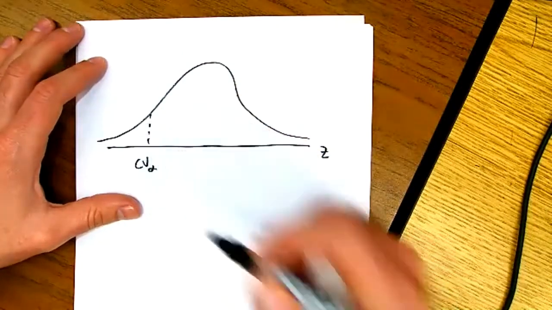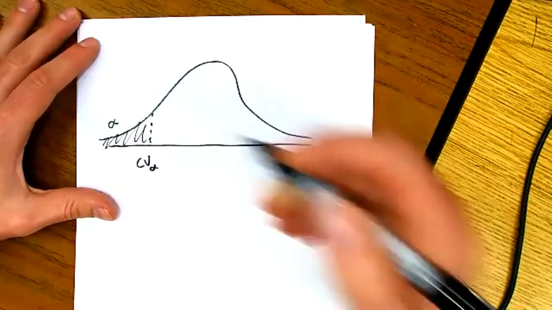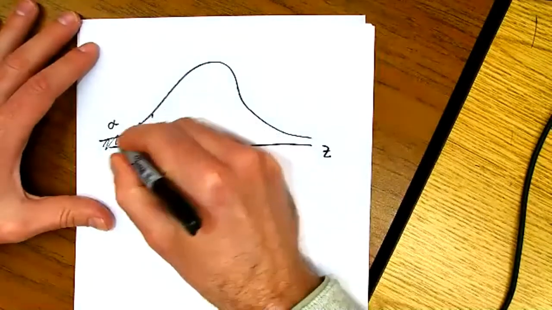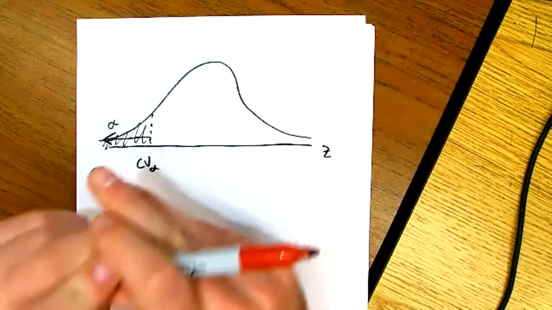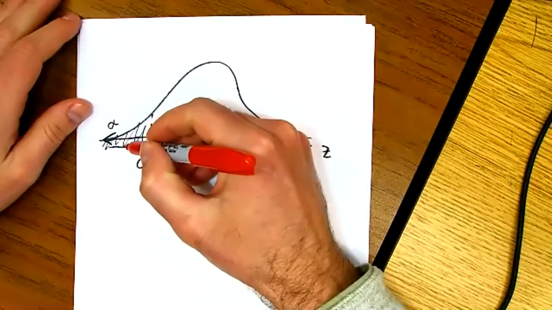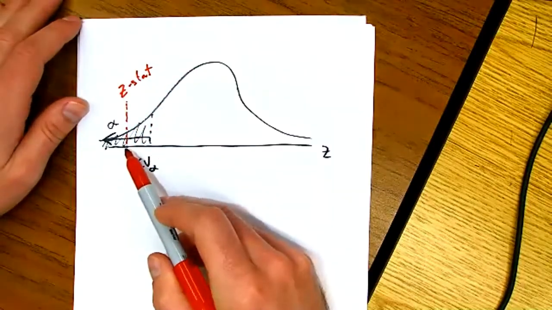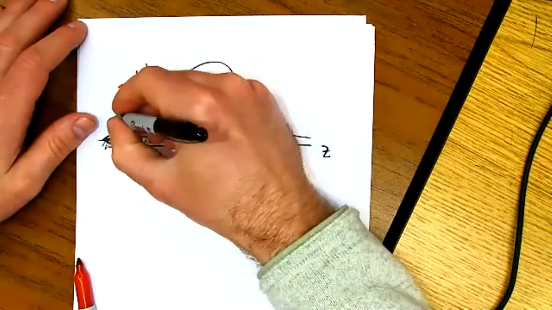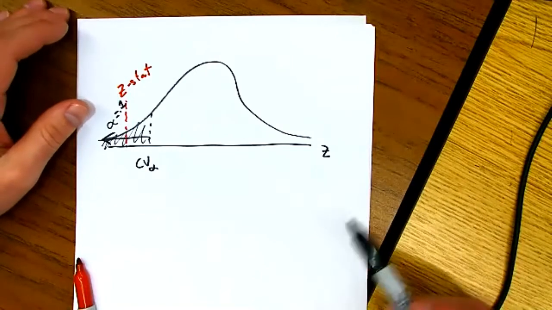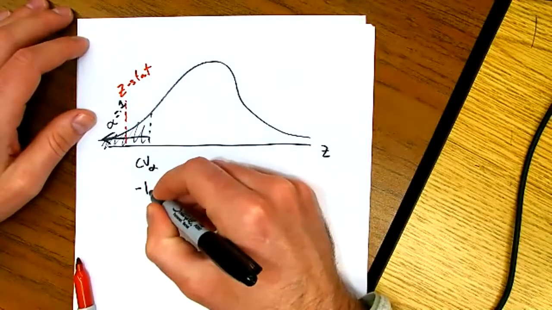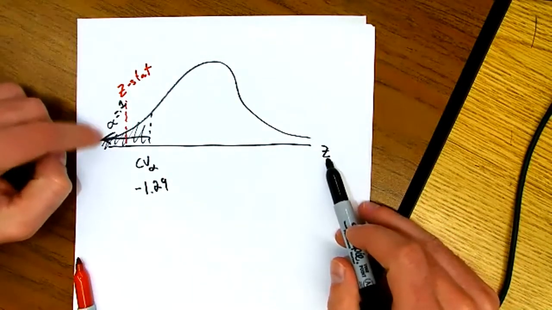So what we're doing with critical values is we're saying, okay, I want to figure out what the z-value is that's going to give me this threshold, this cutoff alpha in the tail. If I see a test statistic that's anywhere in this range, more extreme than my critical value, so let's say my test statistic ends up being right here, then I can reject, because really what my critical value is, let's say we wanted an alpha of 0.1. So I go to the standard normal table, I look up that area in the tail of 0.1. What I'll find is, I believe, negative 1.29 is the z-score that would give me that desired alpha in the